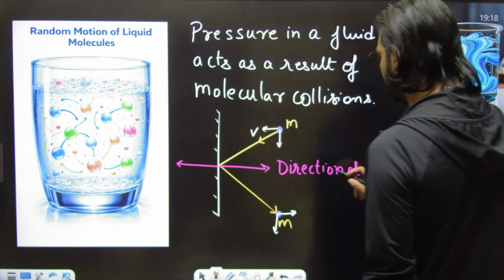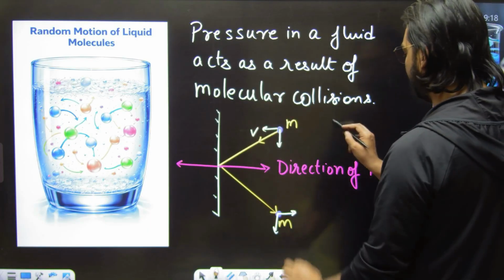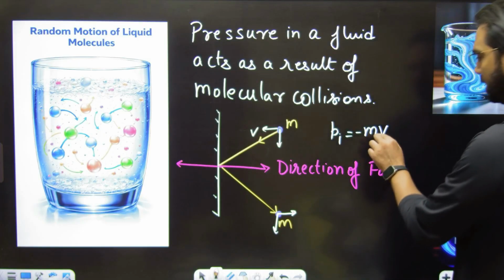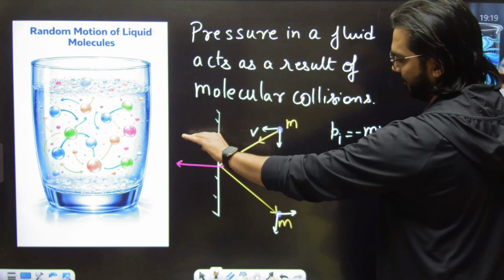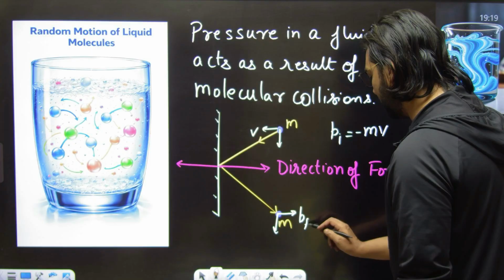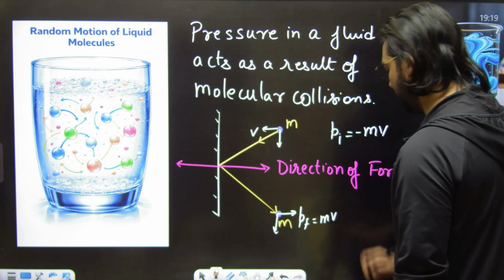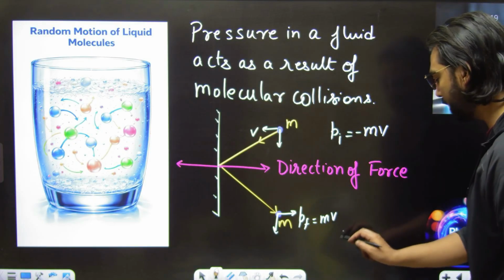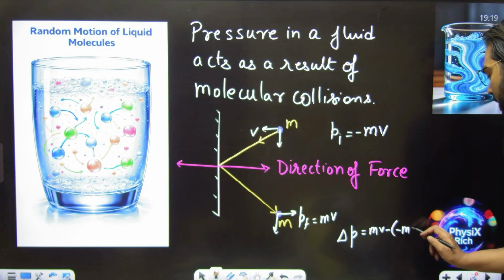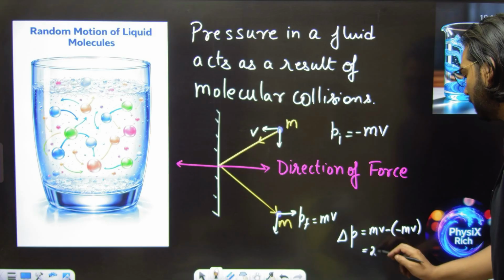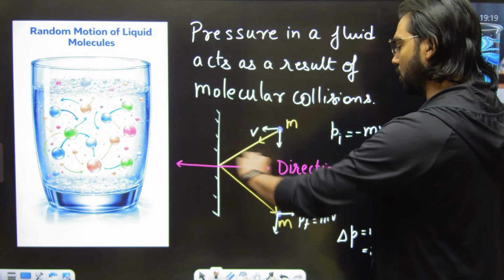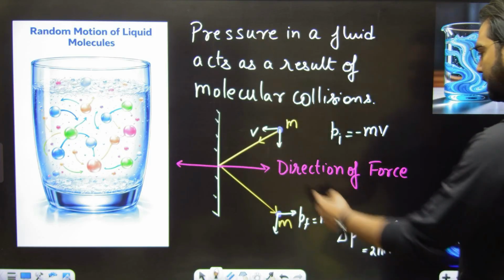You can say that the component which is over here, P initial, is minus mv. Why am I saying that this is negative? It's negative because it is towards the left side. I have taken the left side to be the negative. And over here, the final one, I have taken this to be mv. All right. And what is the change in momentum? This is mv minus (minus mv), and that becomes equal to twice mv. Okay, you see this change in momentum, it's only perpendicular to this wall,